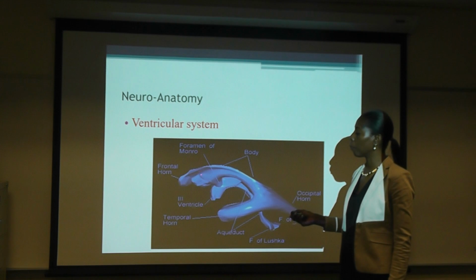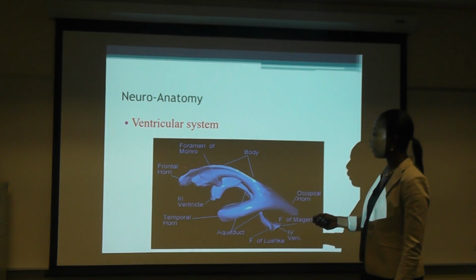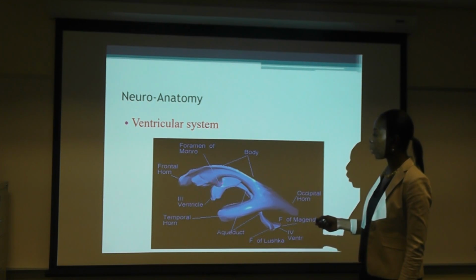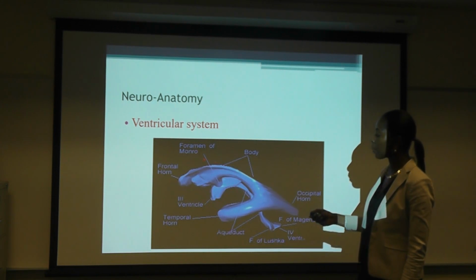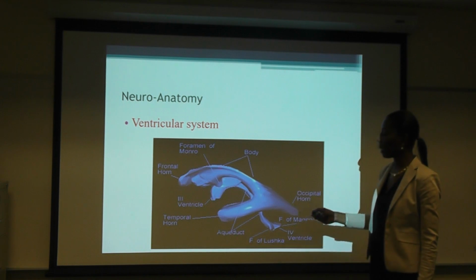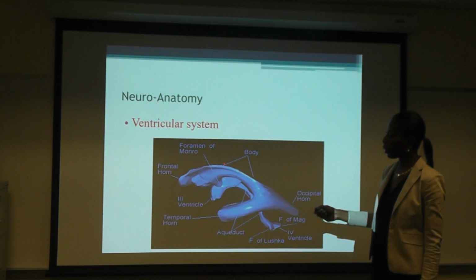And the ventricular system is made up of lateral ventricles, one on the right and one on the left. You have the foramen of Monro, which connects the lateral ventricle to the third ventricle. Okay, CSF is made in the brain. It's made in the lateral ventricles, and is actually secreted, what you would call it,